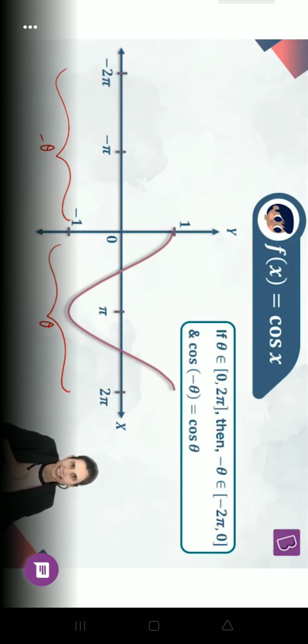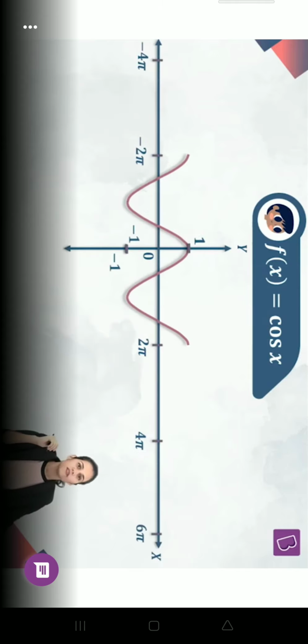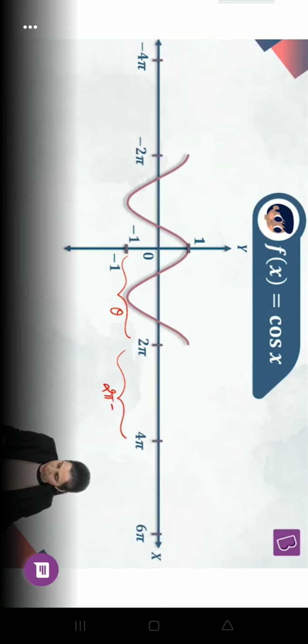So again, because the graph of cos is drawn corresponding to the complete x-axis, that means cos theta is defined for every real theta. So this means the domain of this particular function is again the set of all reals. That's one observation. Moreover, if you just focus on the graph of cos in the interval 0 to 2 pi,